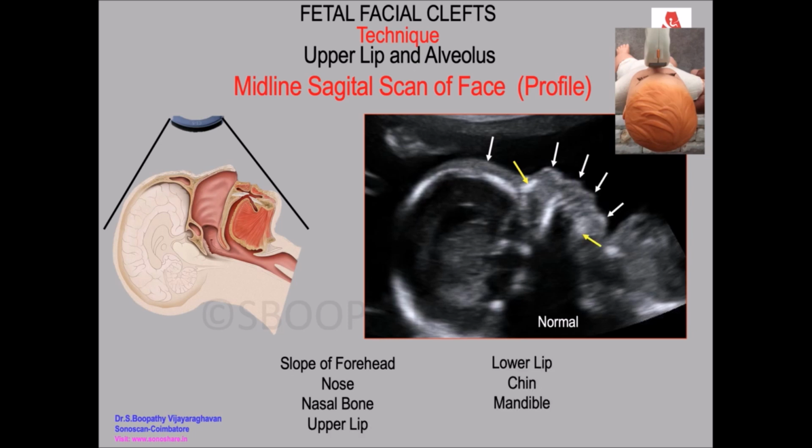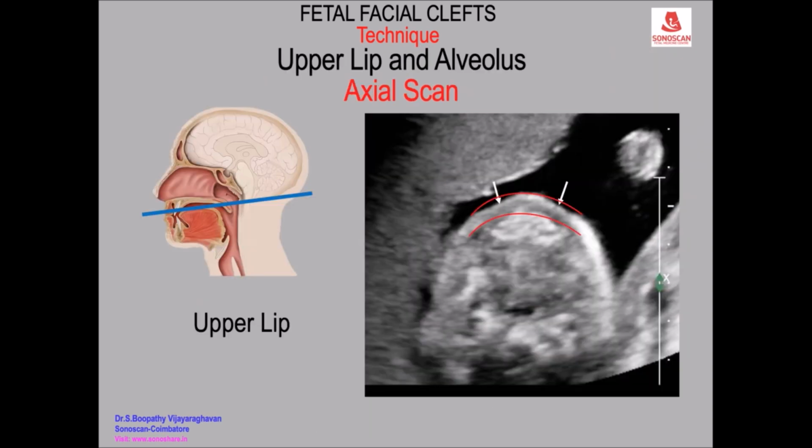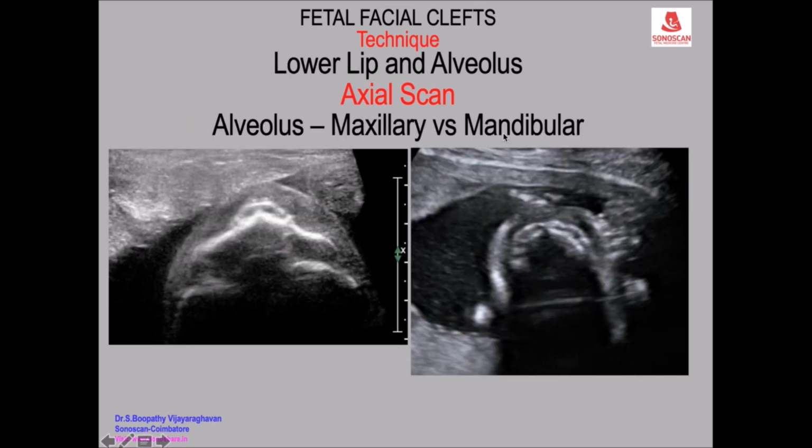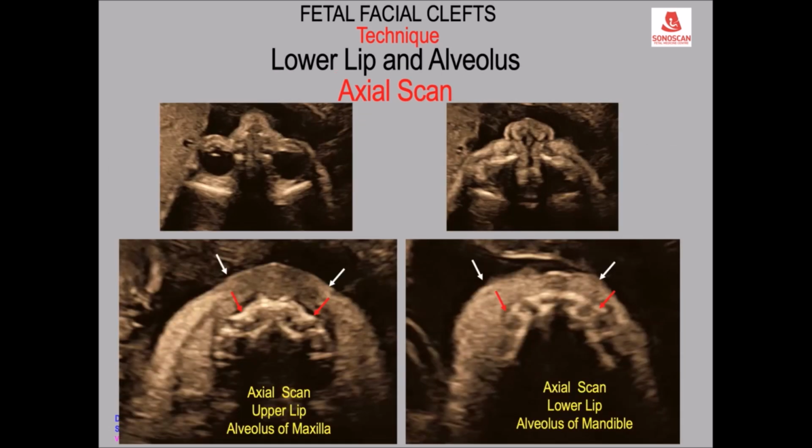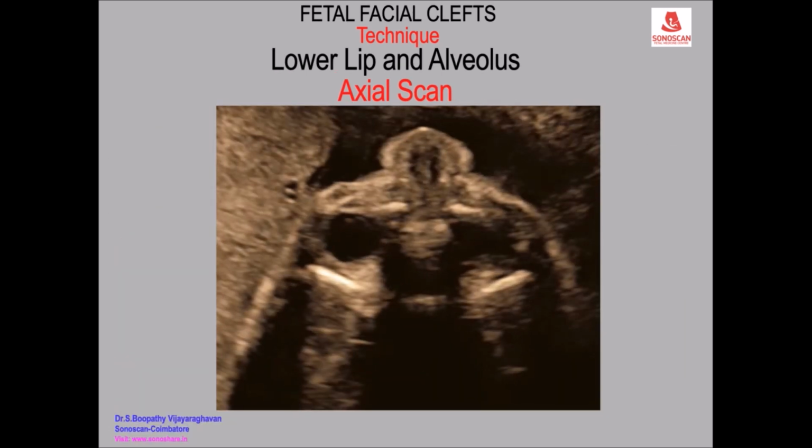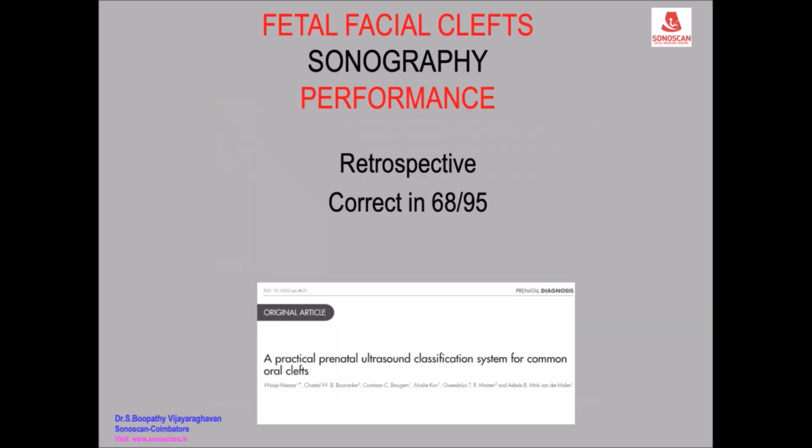And then you see the mandible, and that is the upper lip, the soft tissue, and posterior to the upper lip you see the alveolus of the maxilla and the mandible. If you see, this is the mandible which is completely seen, the tooth buds are seen completely, but when you come to the maxilla you see only the mandible. So this is a sweep which is shown in this video, the orbits, the nose, in patients of fetal facial clefts.